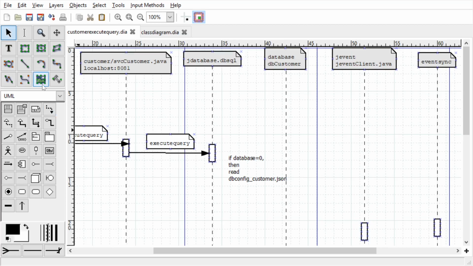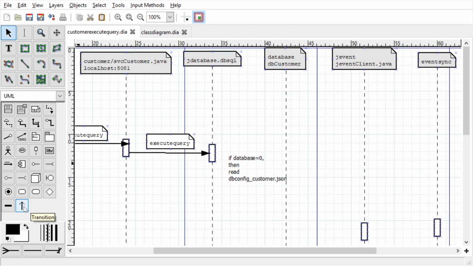So what we are going to do, we will use the connector and connect it from here. I chose the wrong object, this fellow, right?